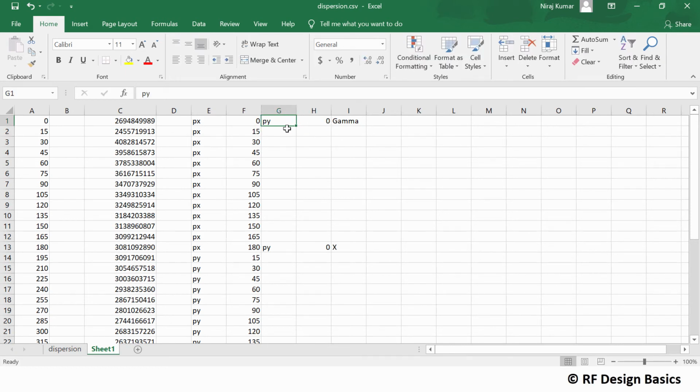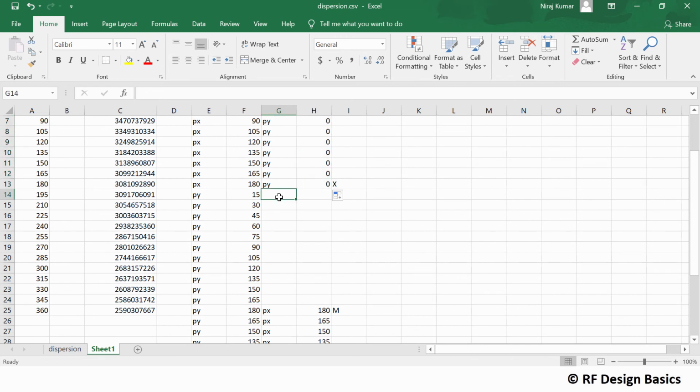Since only Px was increasing, Py will remain 0. And in this one Py is increasing, so Px will remain 180, because Px has become 180, so Px will remain 180 up to this and up to this.